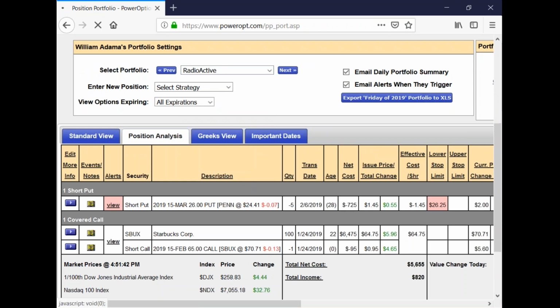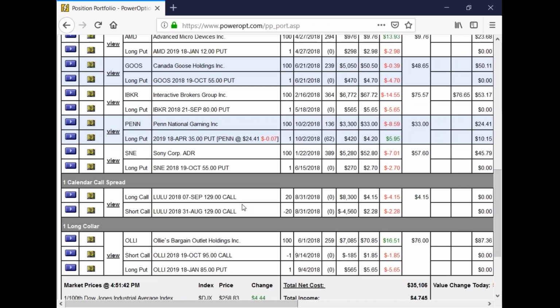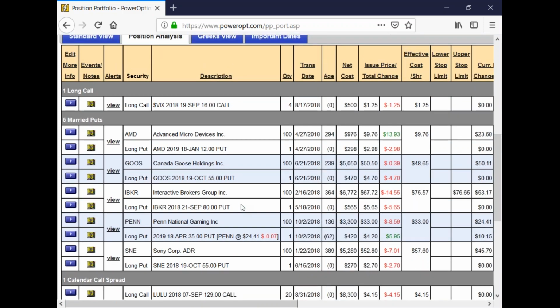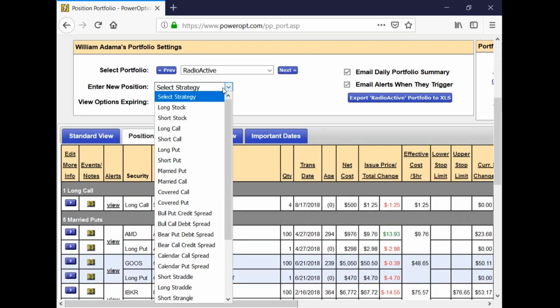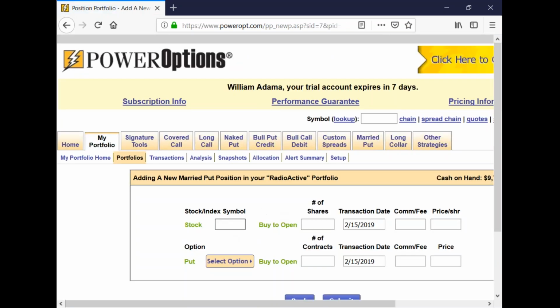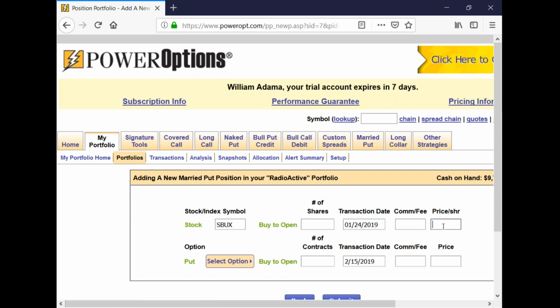Sorry, here we go. I don't know if I have my position in here. I hope I do. Oh, we've got a couple good ones in here. No, we don't. Okay. All right, so let me just go this way. I'll enter one that's close to what I'm in right now, similar to what we used for the covered call example. Rather than the covered call, on January 24th,